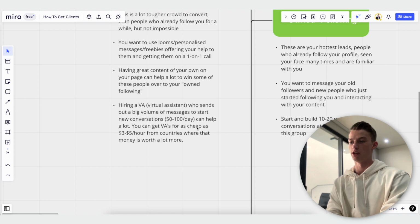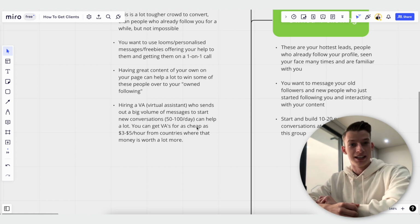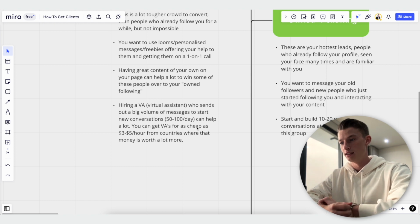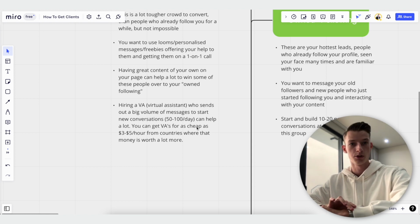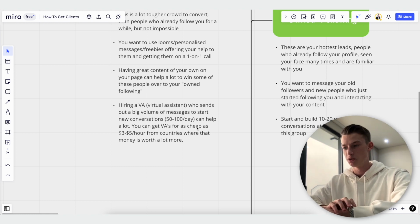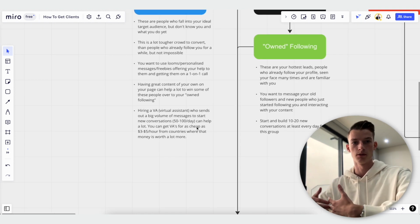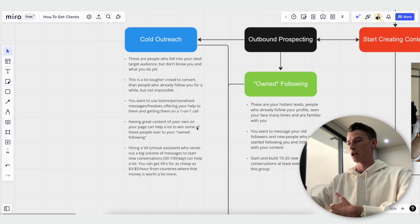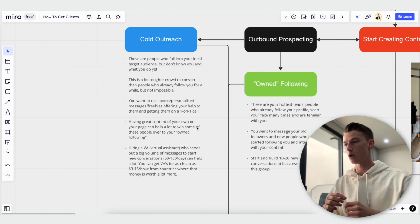But yeah, VAs can be a lot of help to find you leads and to start new conversations, because obviously you only have a finite amount of time every single day, and you want to do a lot of outreach in the beginning, especially until you learn how to do it really well. But still, you don't want to keep doing that for the rest of your life to get calls. So getting virtual assistants to help you out with that can be a great way to start getting more calls booked fast. So these are the two main outreaches that I recommend doing in the beginning,